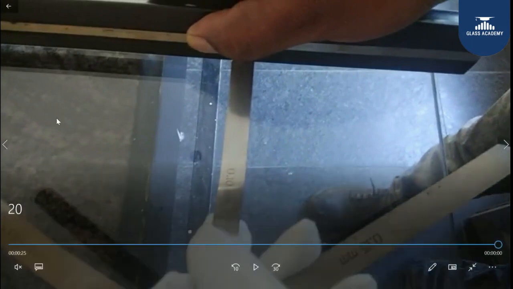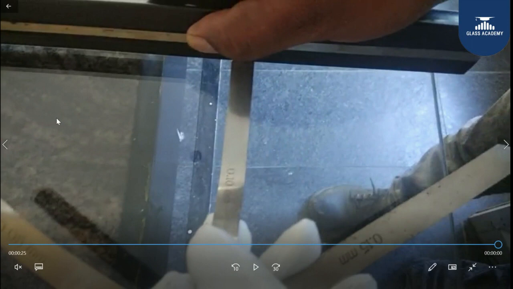The procedure is, I need to take a glass on a flatness table. Generally, edge lift occurs on the top surface, so I need to make sure the glass is facing the top side as it was in the furnace, meaning the measurement of the edge lift should be on the top surface. It should be placed on a flatness table by leaving 100 mm hanging off the table, and with the help of a knife edge and a feeler gauge, I can measure the edge lift. The measurement should be perpendicular to the direction of the glass.